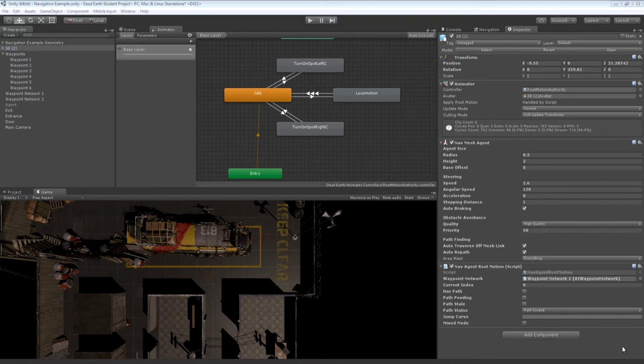So I think that has been quite enough for today, don't you? It's been about my least favorite subject, animation and navigation combined. And as a result, I'm knackered. So there's obviously some stuff that we haven't discovered, such as bringing in off-mesh links. We haven't discussed using state machine behaviors, but because I don't want to keep putting off the development of the actual game and the actual code, I'm just showing you kind of what you need to know before we go into it, and the rest of that stuff I'm going to cover in the context of actually creating the real